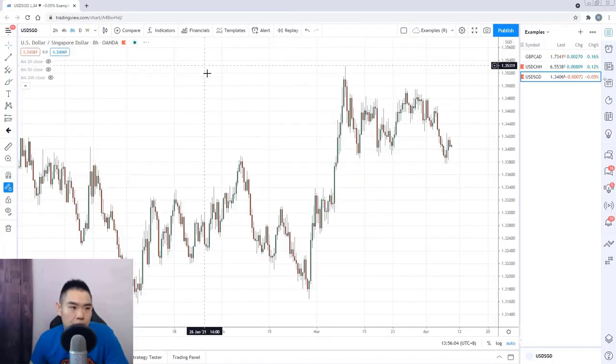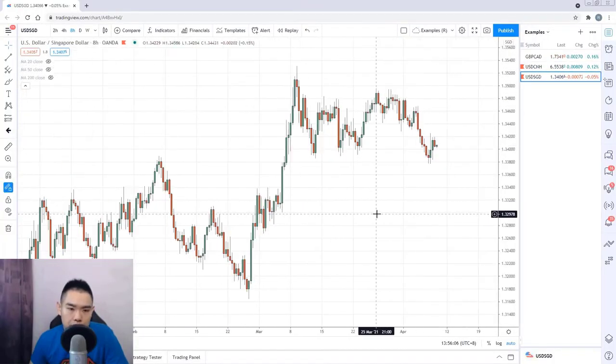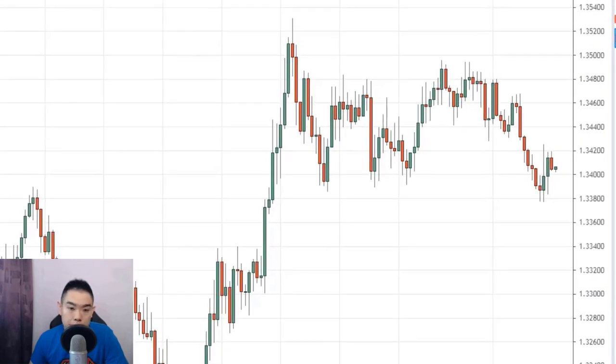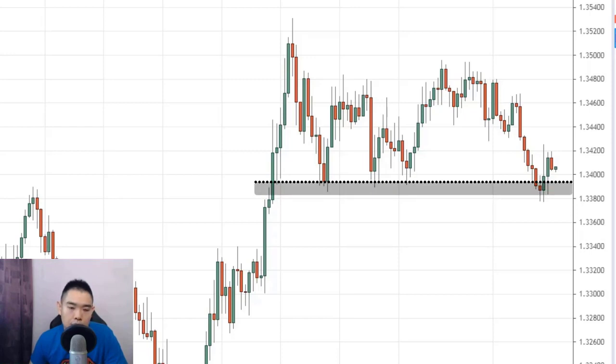So let's say you look at USD against the Singapore dollar. Market right now looks a little bit bullish. This area of support, and it's starting to hit higher. But of course, as you know, the market could possibly reverse down and break lower. So to protect your downside, what you can do is set a stop loss order. This is the area of support, and what I would say a proper stop loss order could possibly be at